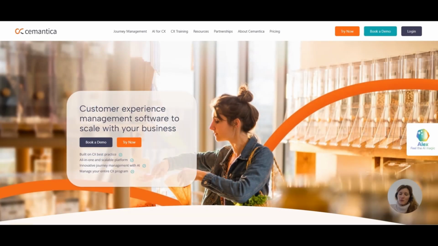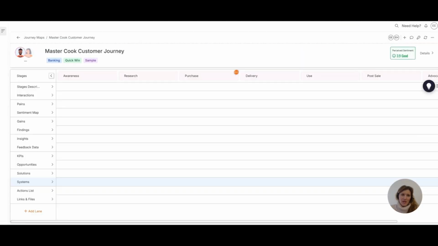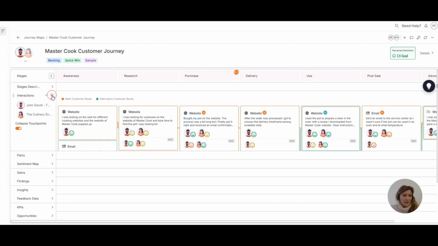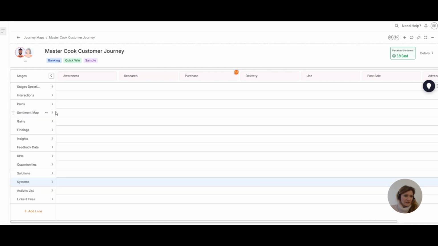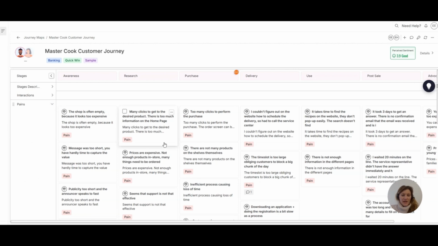I'm sure that you are wondering how Alex, our AI assistant, can enrich an existing map that you have created. Let's see. Here we are on your map. Imagine this is your map. You have created your stages. You have two personas associated to this map. All the interactions are here. I see that VOC data is connected. That's pretty nice. And then I have a list of all the pain points that I have created with my